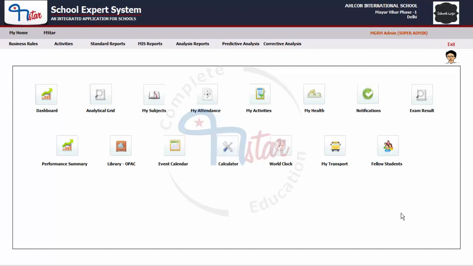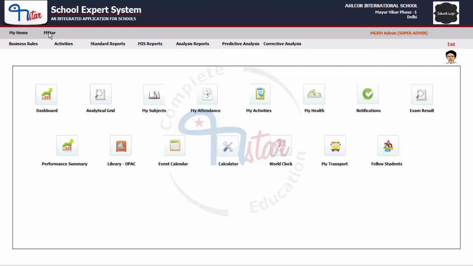So these descriptive indicators remarks can be entered in the screen and these will appear for the teachers for selection. So in a way, we are trying to create a library for these descriptive indicators so that the users can directly select from the library as per the applicability to the child. So let us see the steps to define the descriptive indicator band.